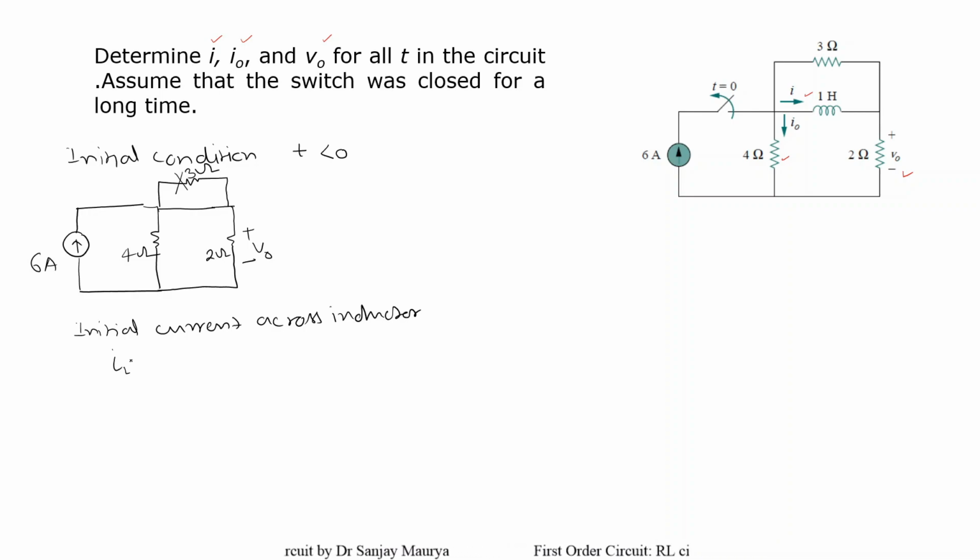IL is equal to IL0, is equal to, just by using the current division law, 4 divided by 2 plus 4 into 6. This will be 4 ampere,